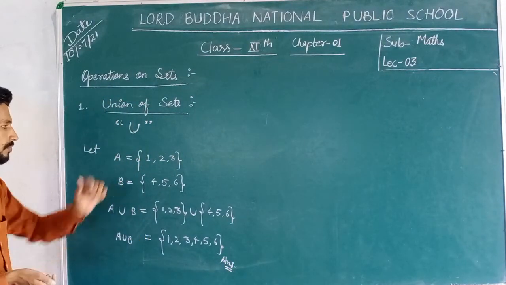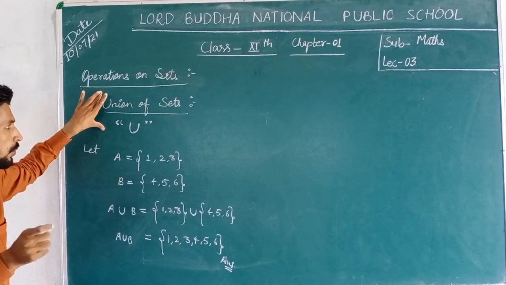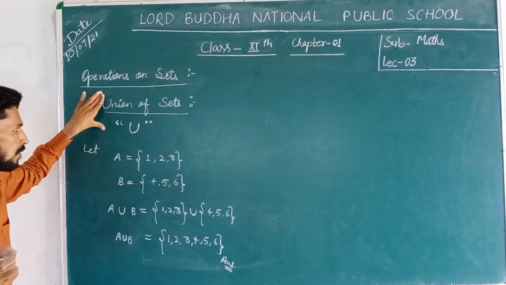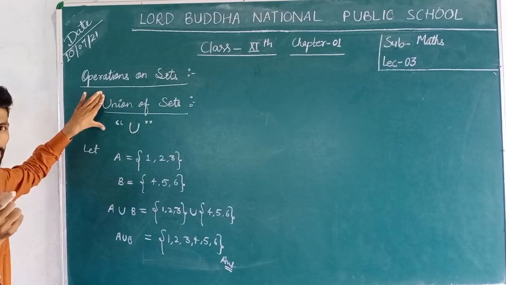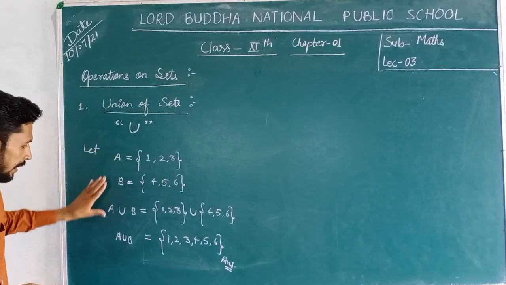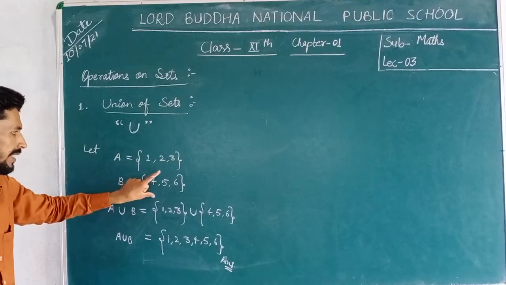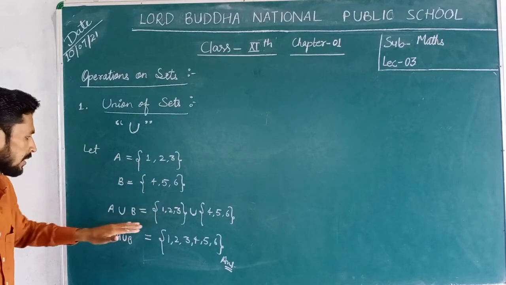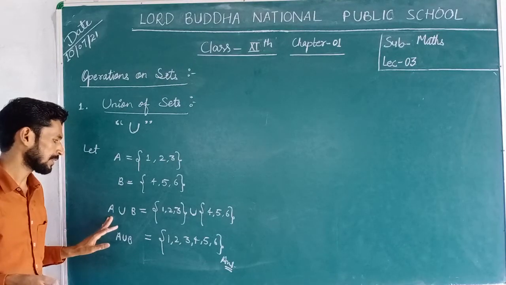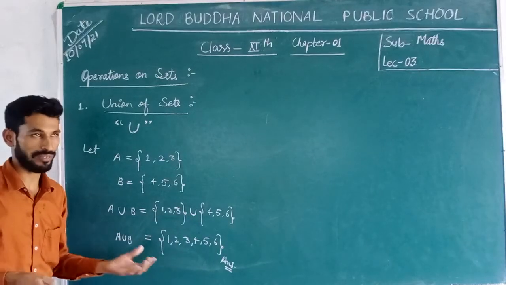This is the answer. In this case, if we are going to find the union of the given sets which are given in the question, then we can find it like this. For example, A is given and B is another set which has the elements 4, 5, 6, and then we can go on with the set operation, that is the union, A union B. That's the method to solve it.